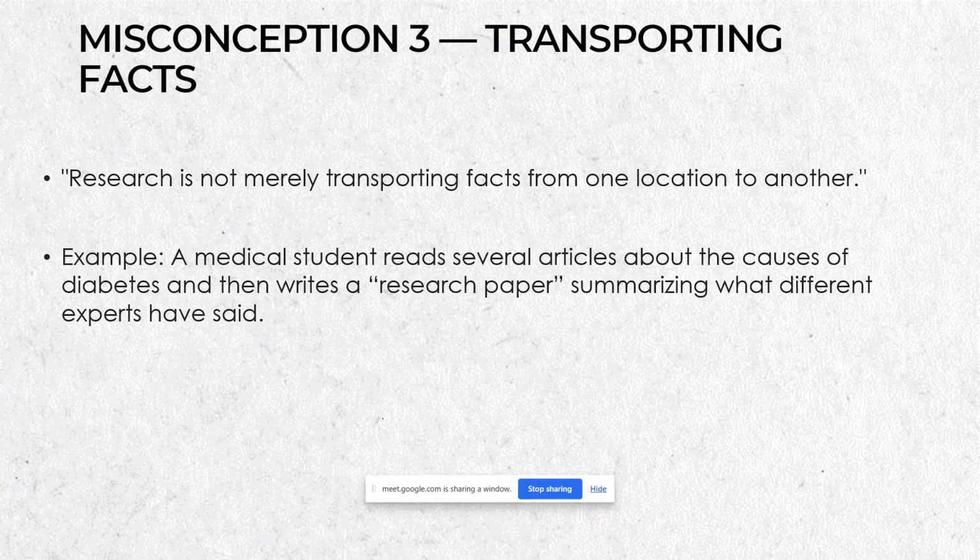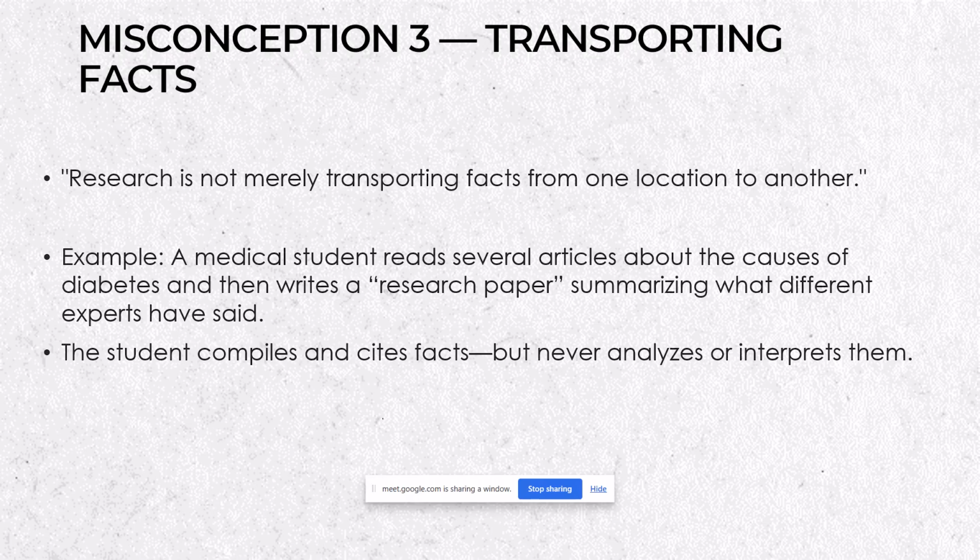For example, a medical student reads several articles about the causes of diabetes and then writes a research paper summarizing what different experts have said. Summarizing information that you have gathered is not research. That's just the beginning of the research. But what's making a research